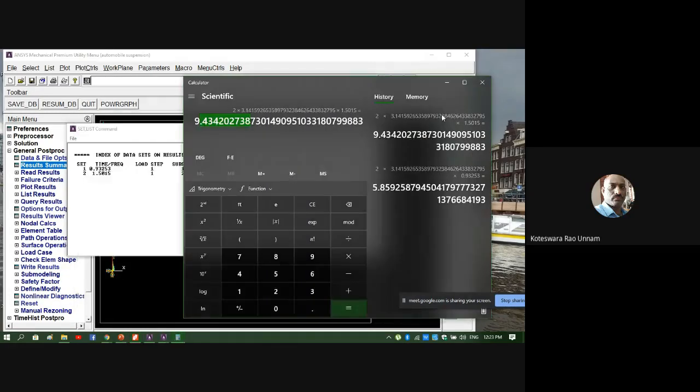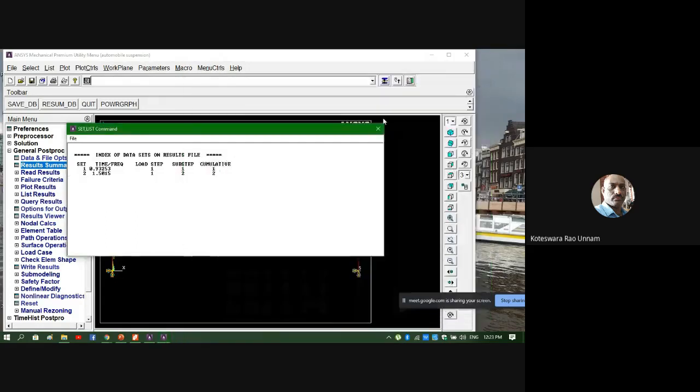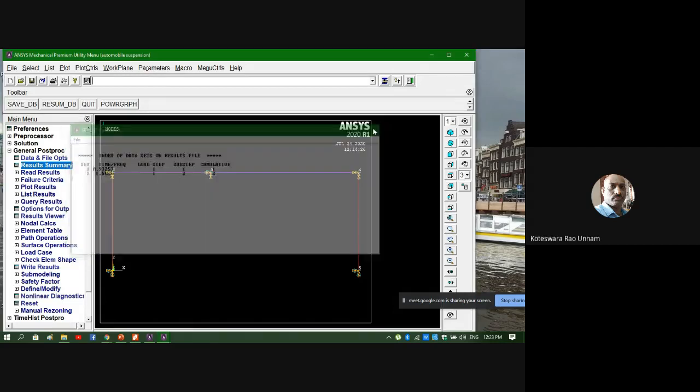Okay, so that means whatever analysis we have done is correct. So in the record, you can take these values and record them like this only. But while writing that, you need to mention the units. If you write 0.9325, it should be in hertz; 1.5 is also in hertz. Or if you want, you can convert that into radians per second and write that value. Anything is okay. So this is about the natural frequencies.